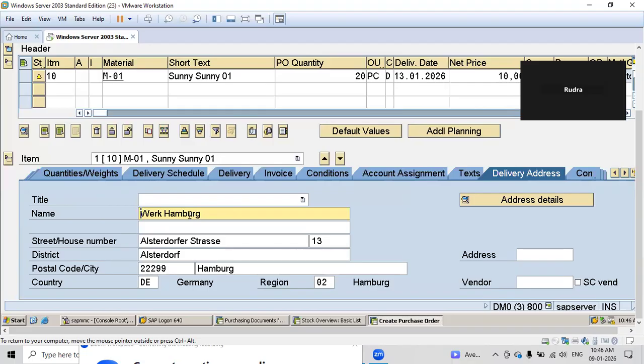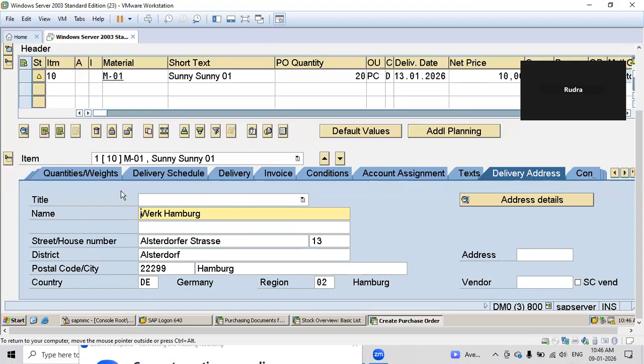We have mentioned plant 1000, so the plant 1000 details are fetched here: name, street, district, postal code, country, region, address, everything is fetched from the plant details, where this material has to be delivered.